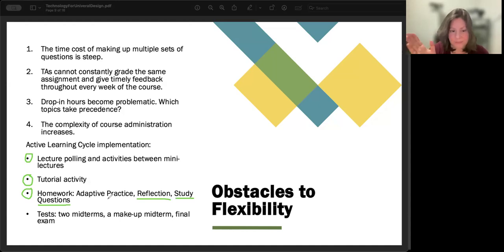So they were not math questions. The reflection was more like, you know, type in an answer or multiple choice into some sort of quiz, and then the study questions were write your answers, upload what you wrote, that kind of thing. And so I wanted to have all of these in order to have a functioning class that everybody was getting a similar experience, but somehow making this accessible